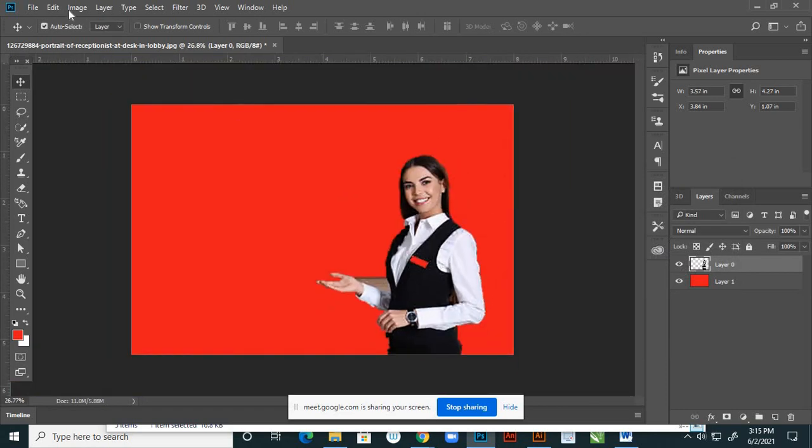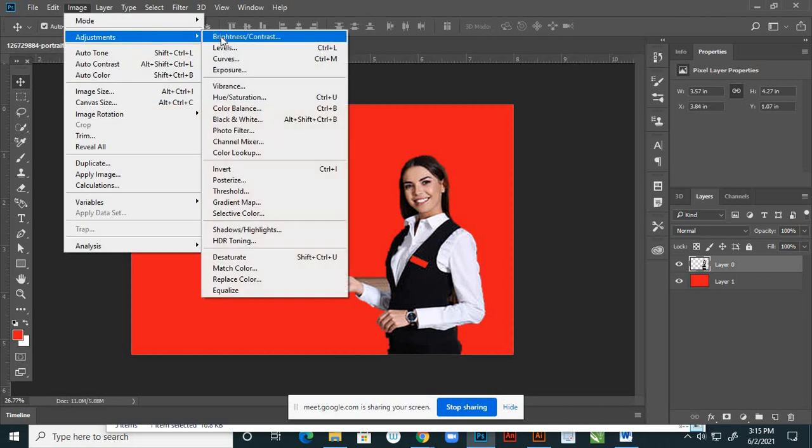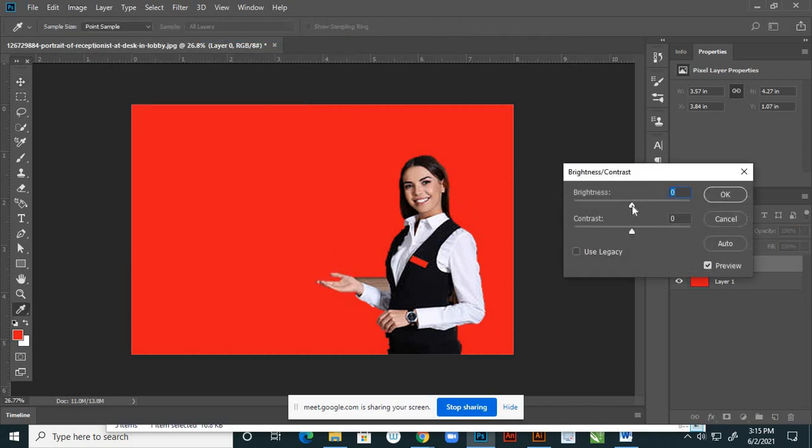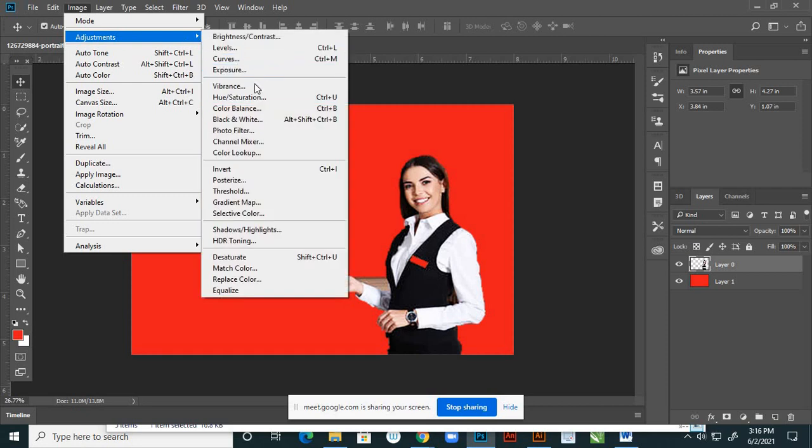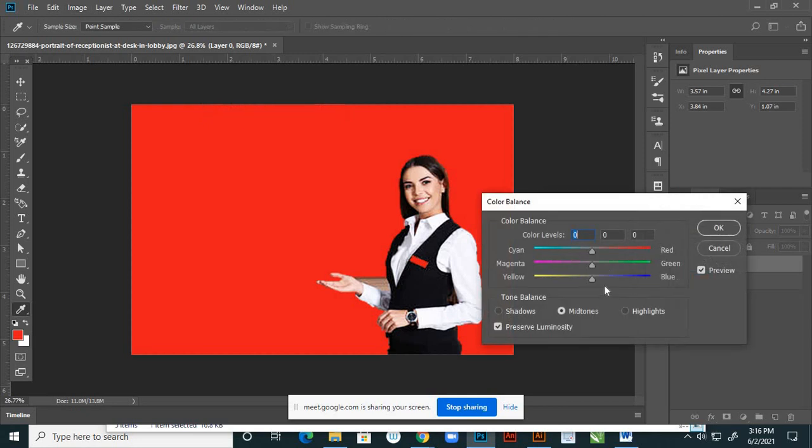Right. Then go with some color corrections, the brightness, right. Okay, yeah. And again here I'm adding color balance. Okay, right.